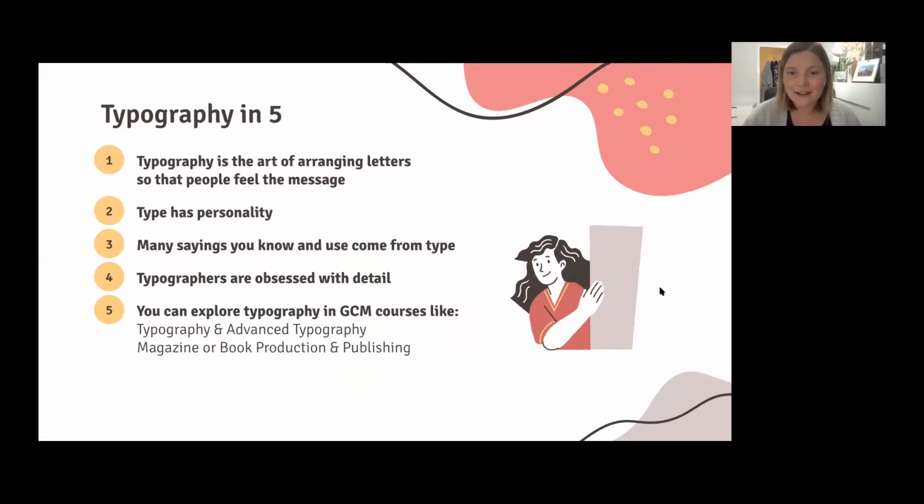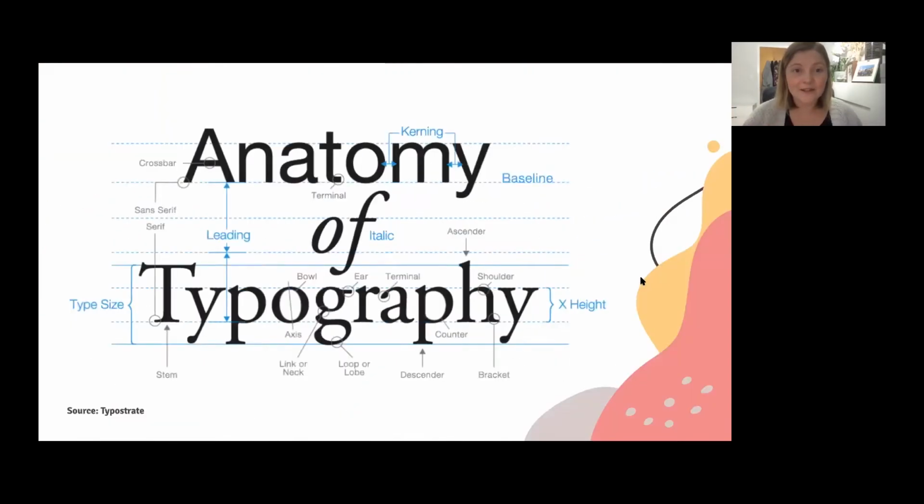Okay, the next thing that I wanted to talk about relative to type is if you are the type of person who loves detail, like you could just pore over your design for hours and move the line a little to the left, a little to the right, this sort of thing. That is the typographer in you. It's very difficult to design a beautiful typeface. And so this is an example of just a few of the terms that you have within typography that you have to consider when you're creating your own typeface and you want to make it look unique.